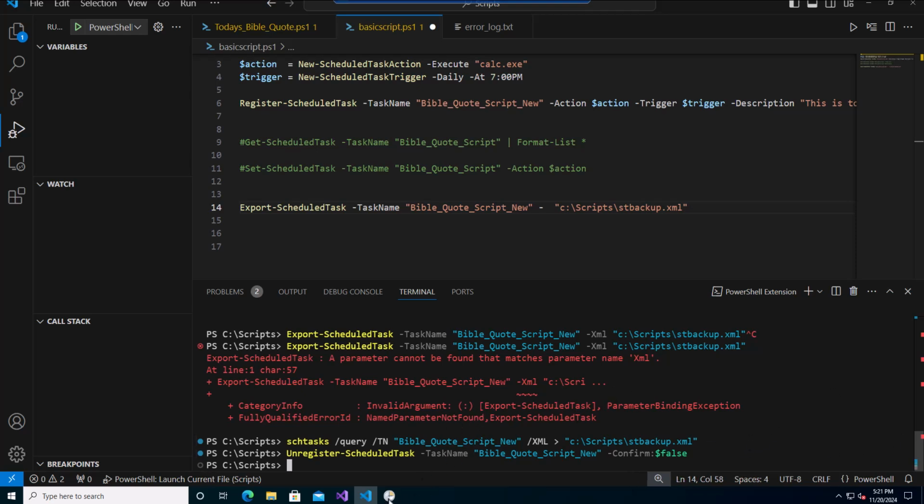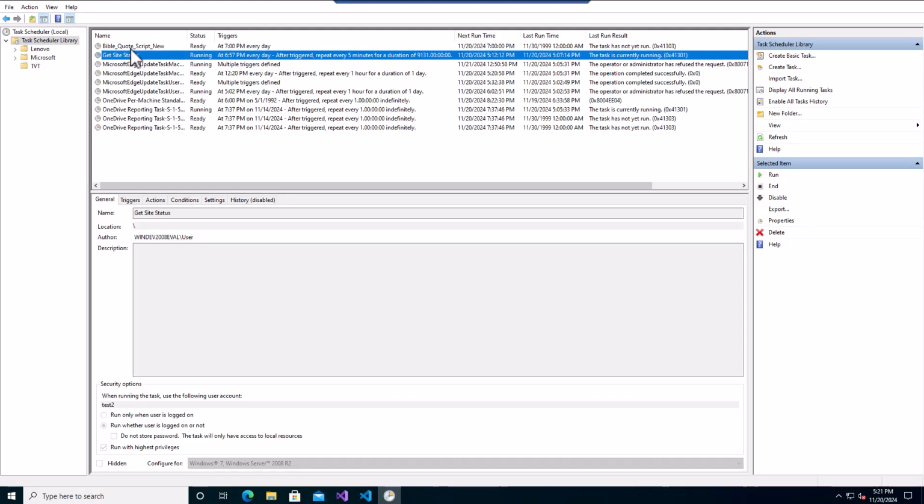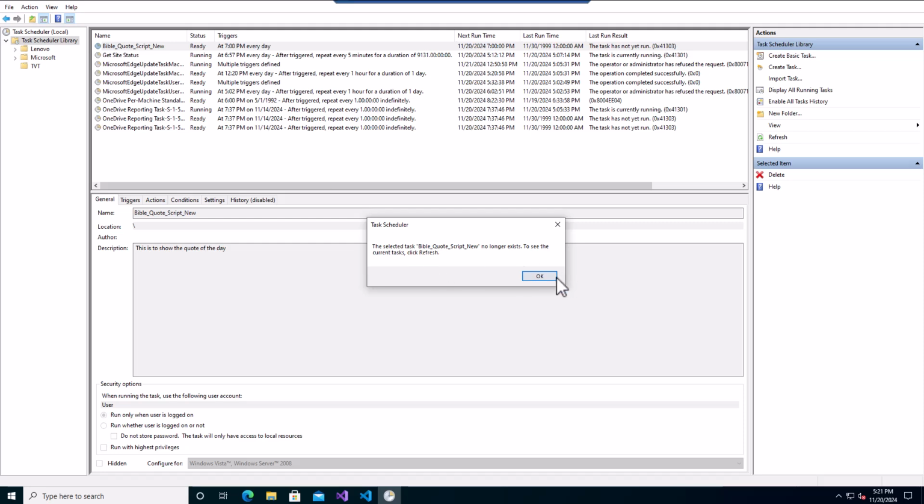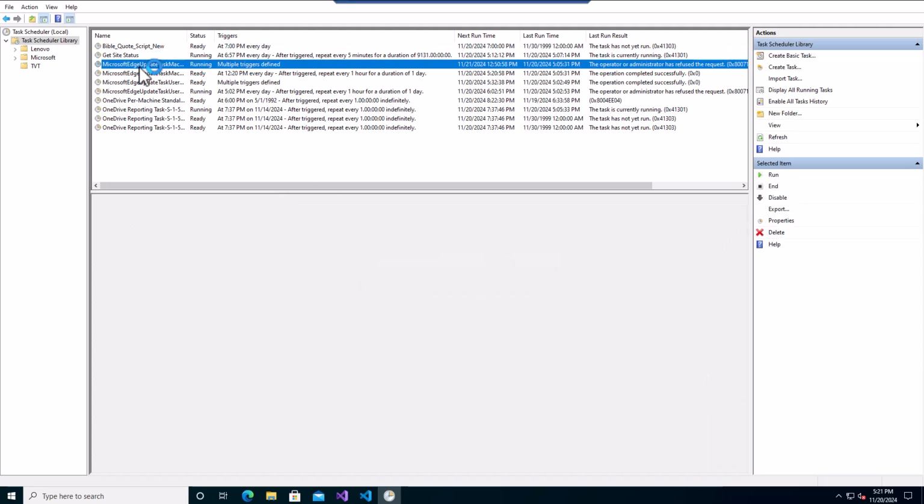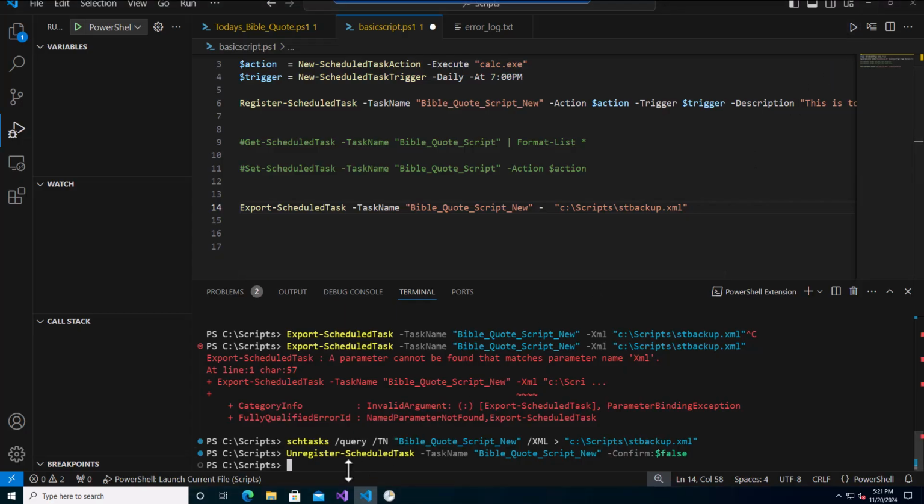Alright, so it's removed. So we'll go here and just to verify, let's refresh. There you go, it's gone. So let's try to import it again. So when you do the import,